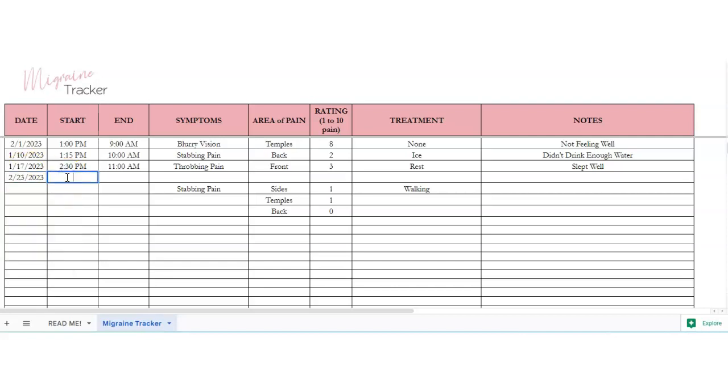And then you can put the time that your headache started. So say you woke up feeling bad. And then if it never stopped, just put an A. But if it finally subsided, say around 3 o'clock p.m.,